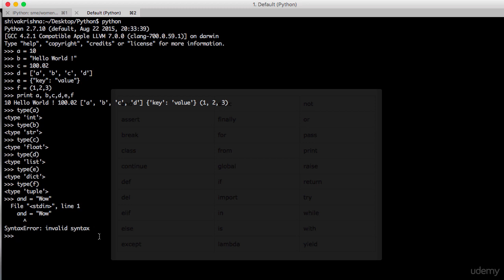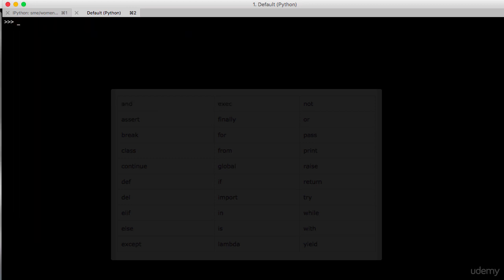In Python, you can also do multiple assignments. Okay, so you can understand by an example. From this statement, we have created three variables A, B, C at a time and assigned a value 1 to them.